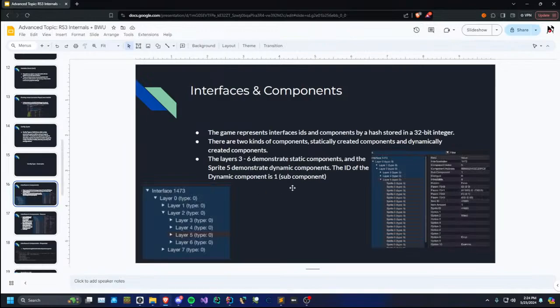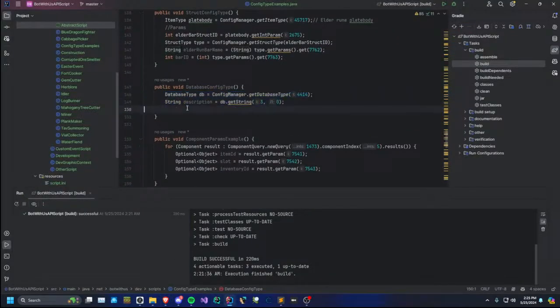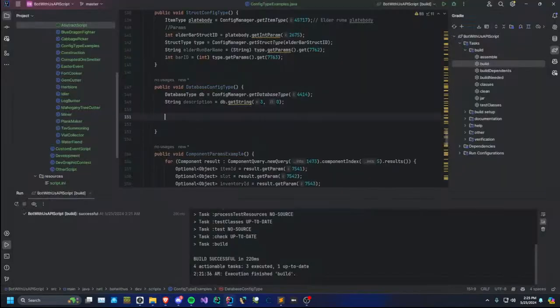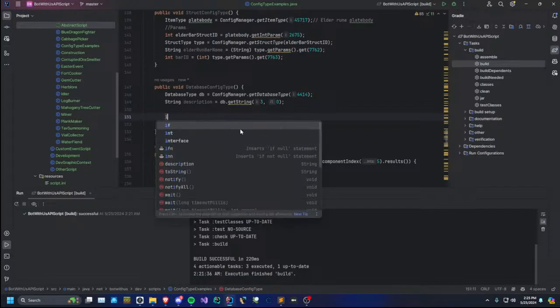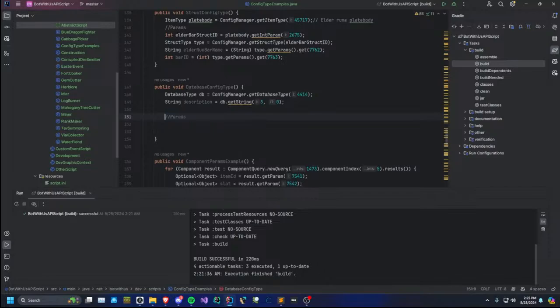Okay, interfaces and components. So one of the crucial things is that RuneScape does actually represent their interfaces and components in like a hash kind of format. So in this regard, and I'll get into params with components, in certain params and components, you might see like a long number like this. This can actually be depicted. Actually, you'll see this more commonly in, say,